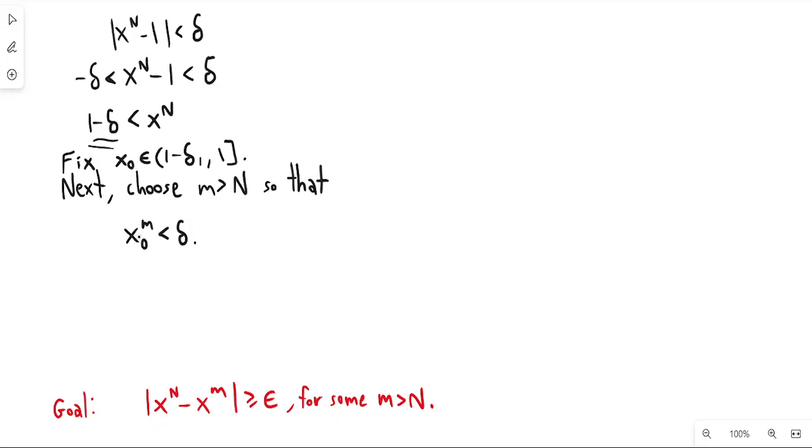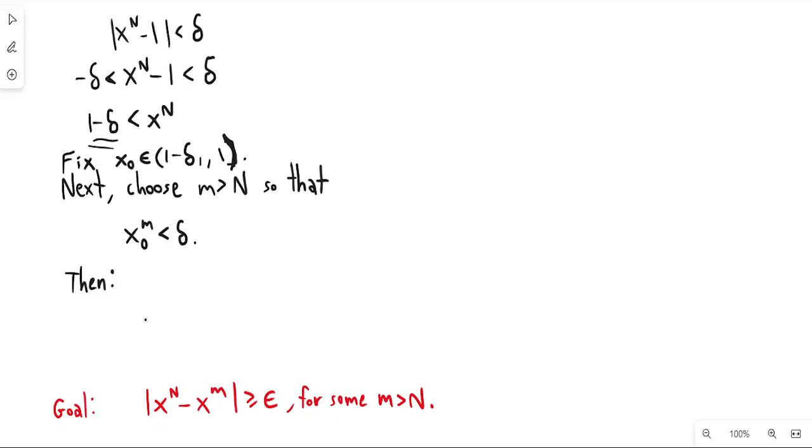And this is basically just because point-wise our sequence x to the n is going to 0. And I guess, actually, I have to make multiple corrections here, but this isn't going to work if x naught is 1. So x naught has to be properly in this interval. Okay, but this gives us what we want, because then